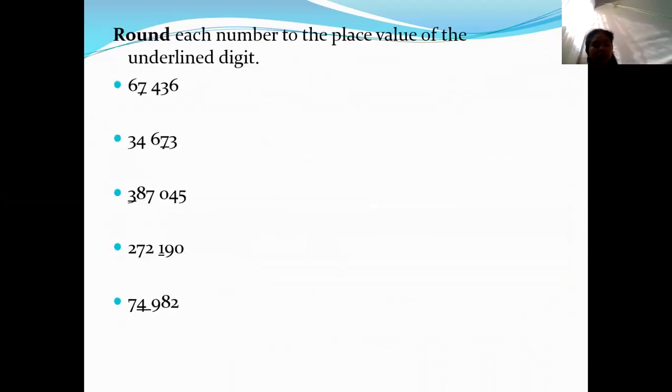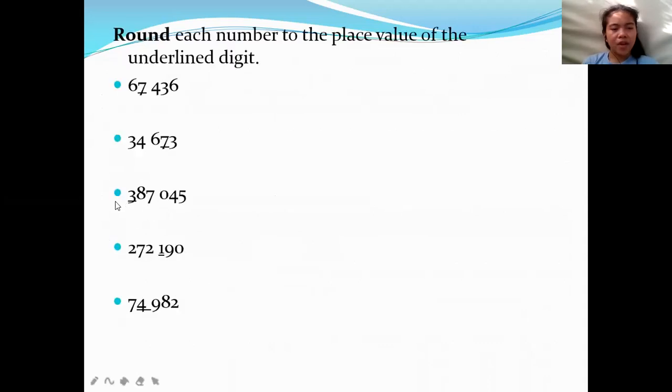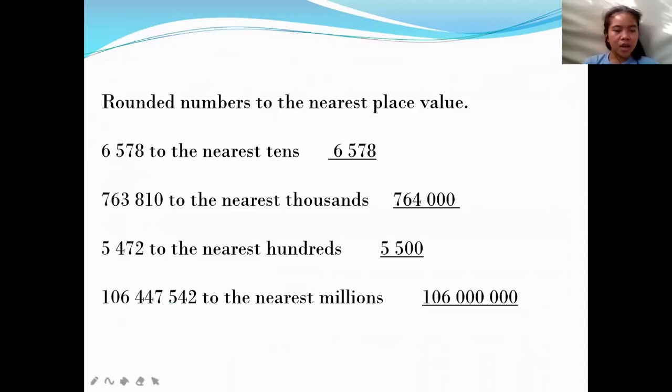Okay, we have more examples here. Rounded numbers to the nearest place value means to the nearest place value that is given. Okay, we have 6,578 to the nearest tens. So what is our tens place? It's 8, right? So 8 has nothing next to it, so just remain 6,578. Next,